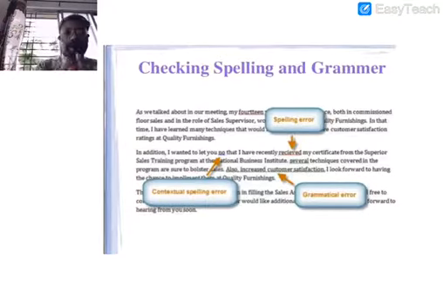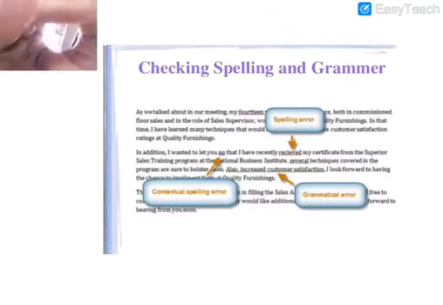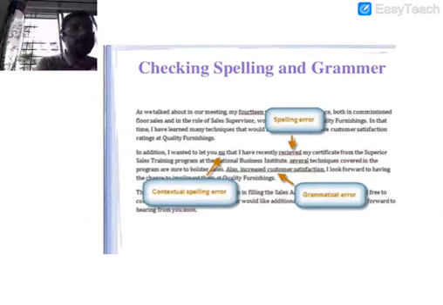Basically, as per Microsoft Word, there are 3 different dimensions of mistake. The first being spelling error. So what is the first mistake that you can see on the screen? The first mistake that is there is spelling error that we can make. Suppose if you type program, you have typed by mistakenly PROGRAM. So that's a spelling mistake.